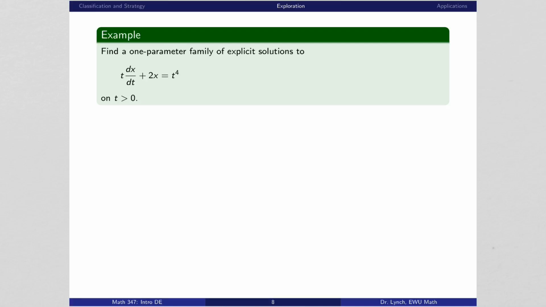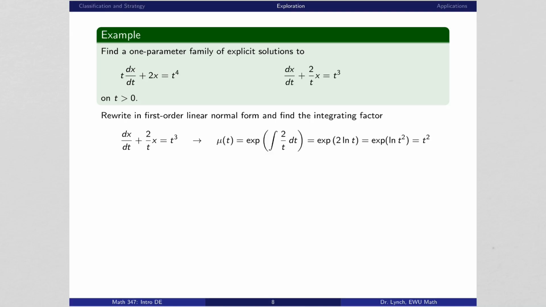It has the form a1 of t times x prime plus a0 of t times x equals g of t for some function g. So to have a look at this linear differential equation, we'll go ahead and start by writing it in first order linear form,